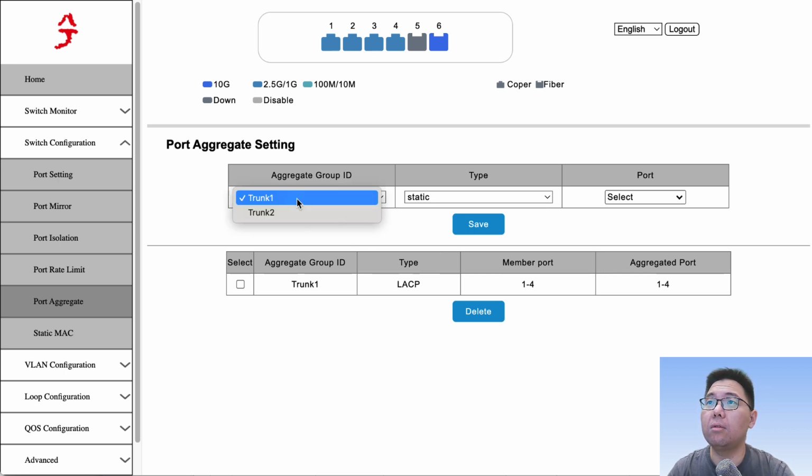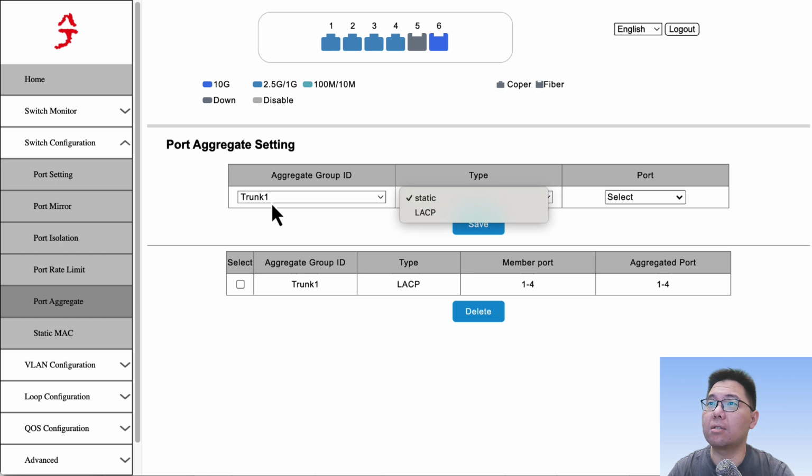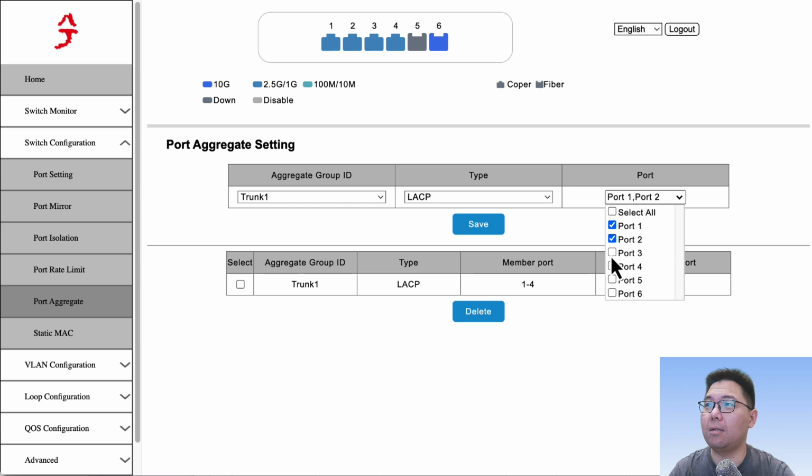Okay, so if you want to configure it, just go ahead with trunk 1 and LACP. Personally, I don't like static. I think LACP is more dynamic. It can route around some of the errors if they happen. So I just do LACP, which is the link aggregation control protocol. Anyway, that's the protocol they support, and then select ports 1, 2, 3, 4, and then save, and this will